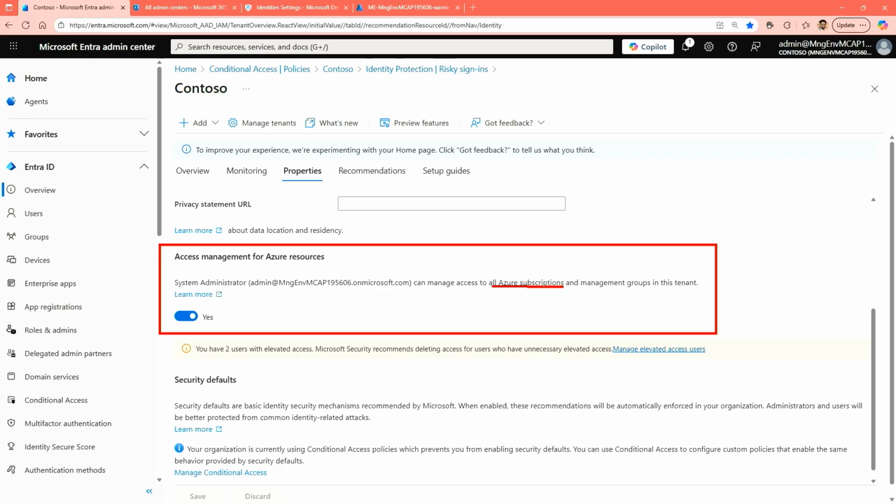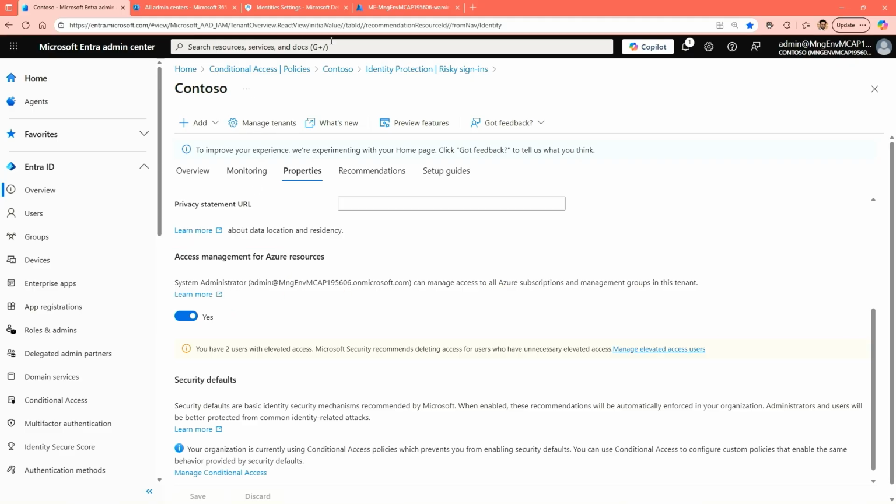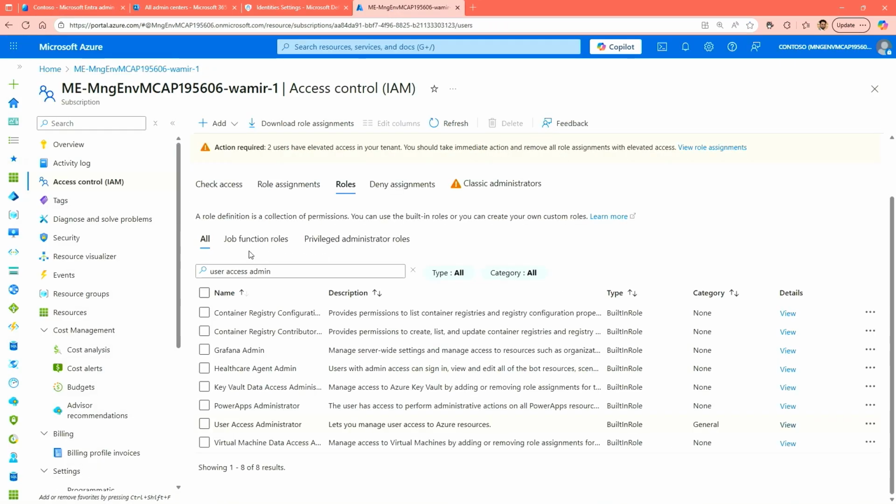I can take over control for my subscriptions and management groups in here, and all I need to do is toggle this box to yes. Once you've done that, you should be able to come in here, assign yourself a user access administrator, and manage your permissions over resources, or assign someone else permissions.